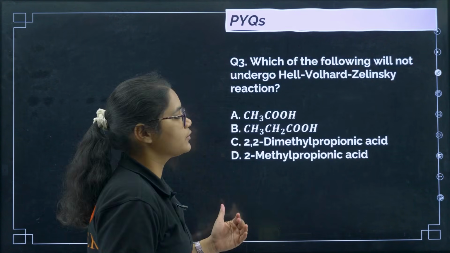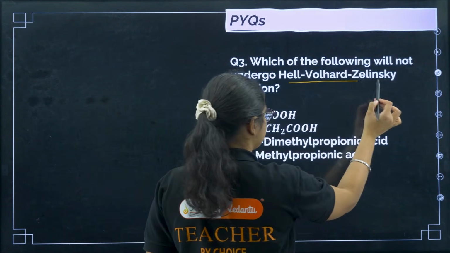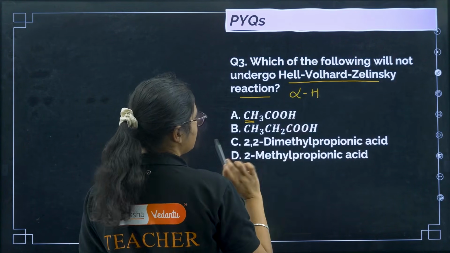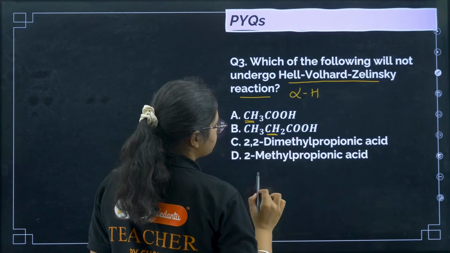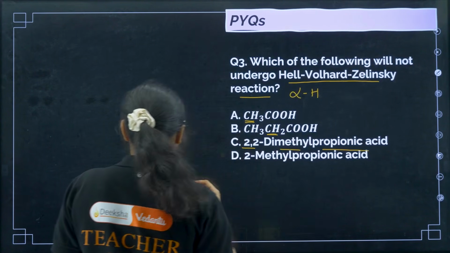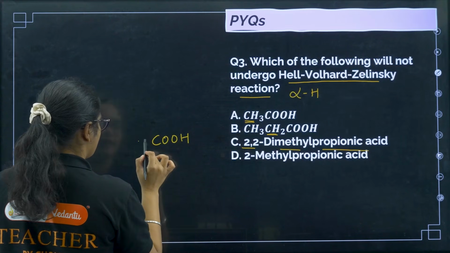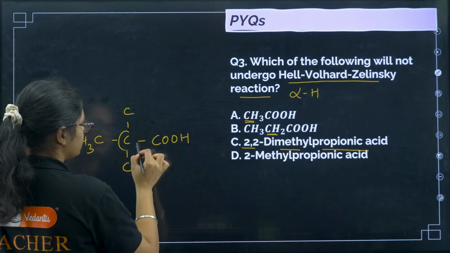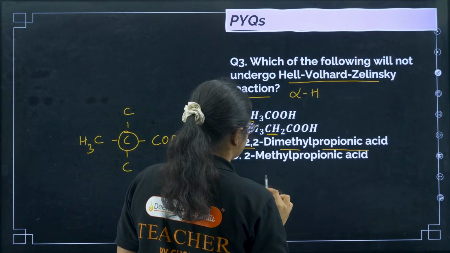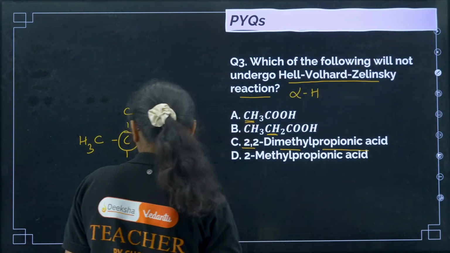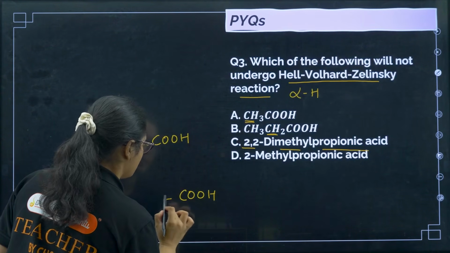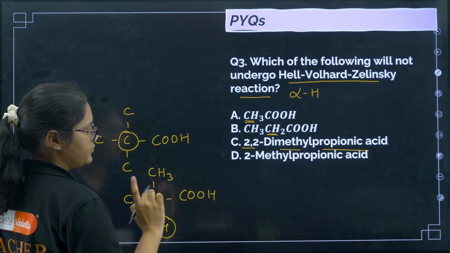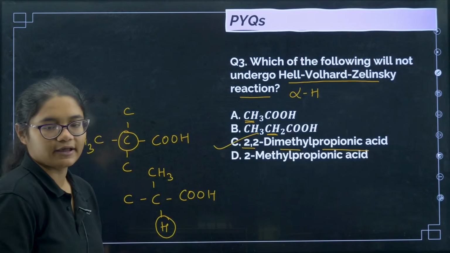Which of the following will undergo HVZ reaction? So what is the condition for HVZ reaction? We need to have alpha hydrogen. Okay, so you see here there is alpha hydrogen, so it will undergo. Here you can see this is alpha carbon, alpha hydrogen is there. 2,2-dimethyl propionic acid, I think this one will not have. I have propionic acid and I have 2,2-dimethyl propionic acid. Yes, this carbon is not having any hydrogen, so this can be the answer. Next, 2-methyl propionic acid. So if I draw 2-methyl propionic acid, okay, so this also has an alpha hydrogen, so this will, option number C is the correct answer here. Okay,